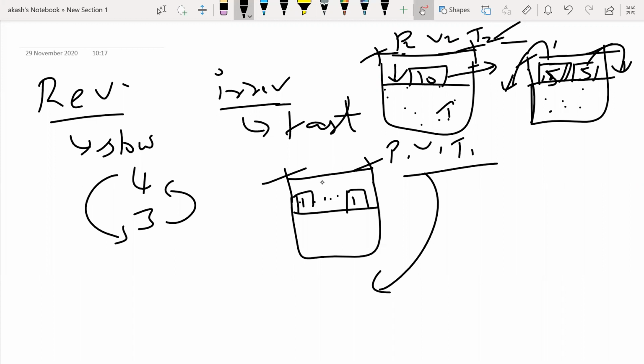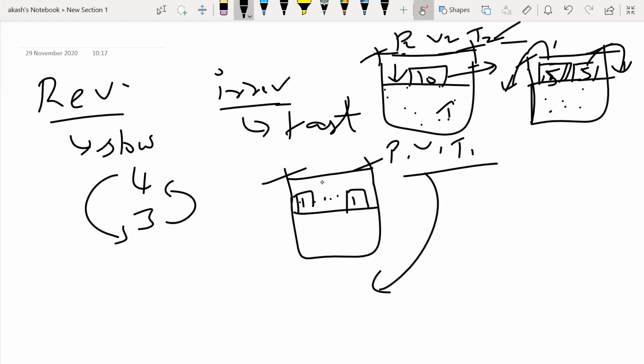Okay, now same thing. Now the question is, people, what happens, right? What happens if I see it in form of a graph? What will you observe if I put a PV graph, P versus V graph, for an irreversible process, for a reversible process? What is going to happen? How will you visualize? What are the differences you will see?